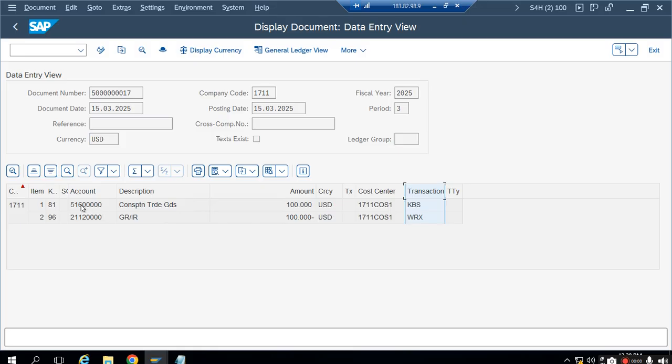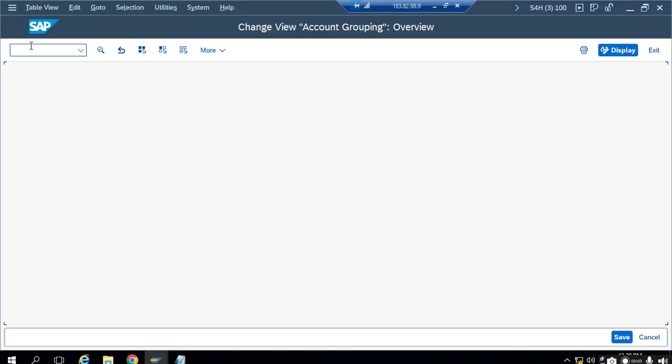The system has determined this GL account, which we already saw. The system determined this GL account in our purchase requisition and in the purchase order through the material group, valuation class, and account assignment category configuration setting. And here you can see the system has mentioned the transaction key as KBS. It means, what happens if we go to one more configuration setting, OMWN,